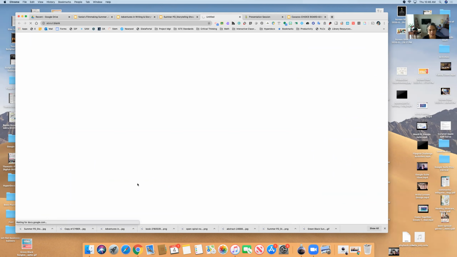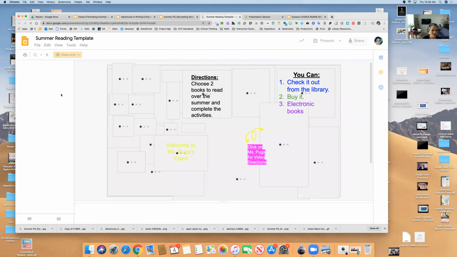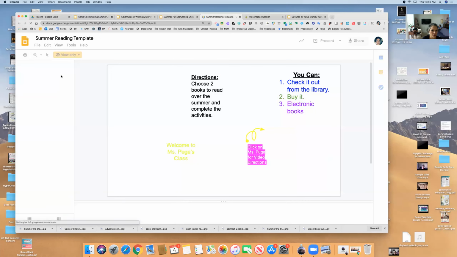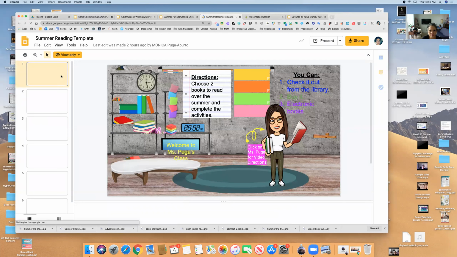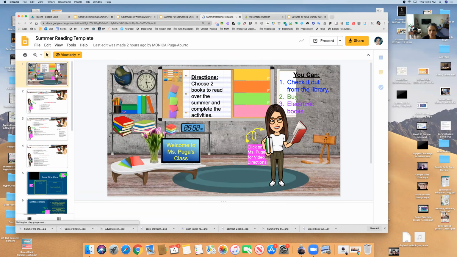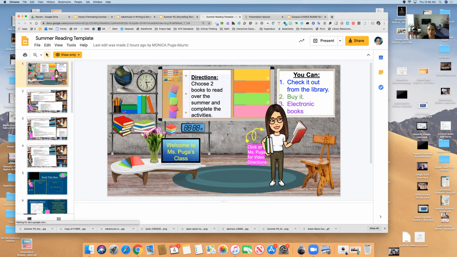She created a picture of her inside her classroom to make it engaging. Remember, we talked about visually engaging for students, creating a sense of curiosity, and drawing them in. So here you can see what she's created.